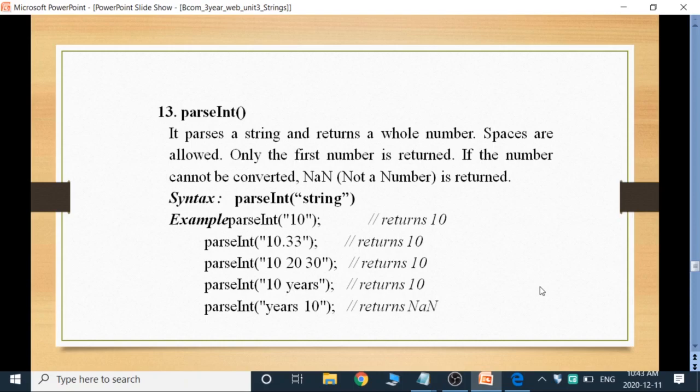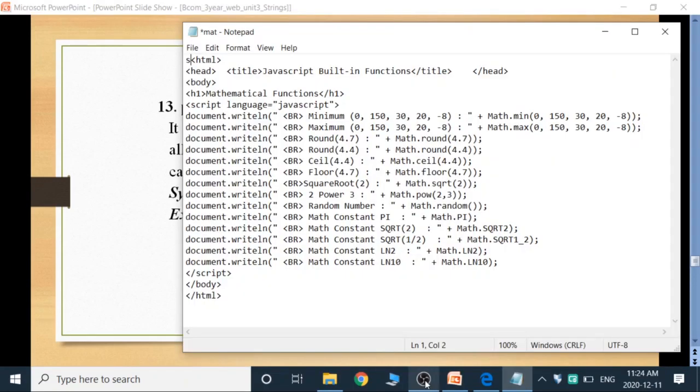If the number can't be converted, not a number is returned. See the example, parseInt of string 10 returns 10, 10.33 returns 10, 10 20 30 returns 10, 10 years returns 10. parseInt of years 10 is not a number.